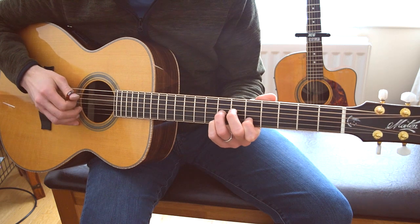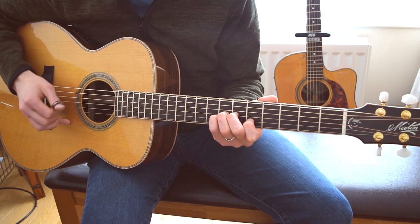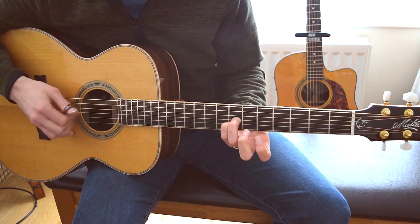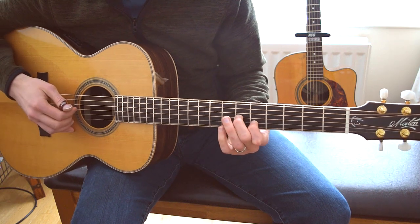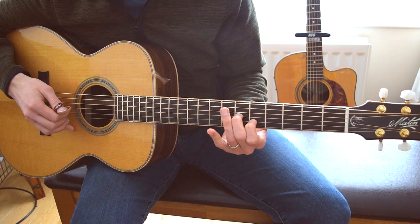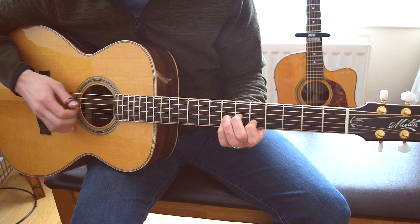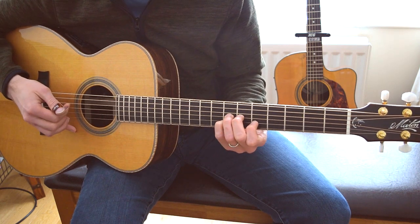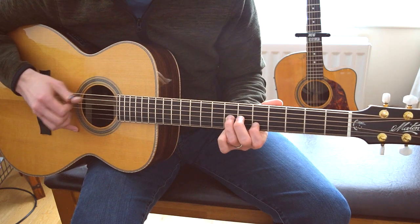Okay, sorry we have. So that's moving from this chord, just these 2 fingers really, to this. So that chord is the 5th fret on the 2nd string and the 6th fret on the 3rd string. And you hammer on both of those strings back to that D shape. Okay, so you have...